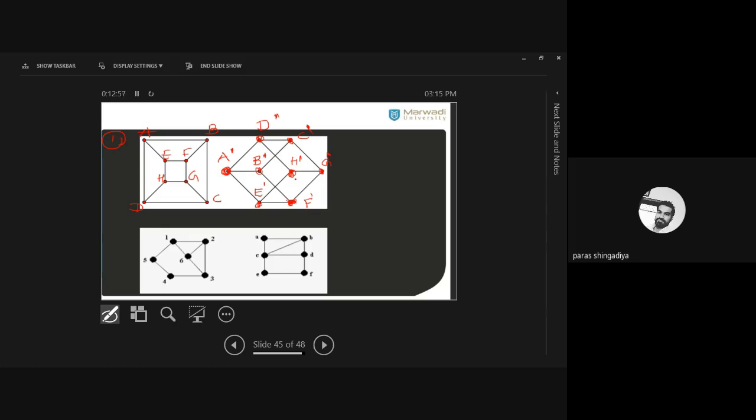There is an edge between C and G in the first graph. Here it also contains an edge between C dash and G dash. Clear? There is an edge between D and H in the first graph. So this graph should also contain the edge between D dash and H dash. That is the 1-to-1 correspondence of the edges. Okay, and we already checked the 1-to-1 correspondence of the vertices. All the vertices have their image in the second graph. Clear? If it is possible, then it is an isomorphic graph. If it is not possible to find the image of all the vertices in the second graph, then it is not an isomorphic graph. Clear? Here this pair is not an isomorphic pair.